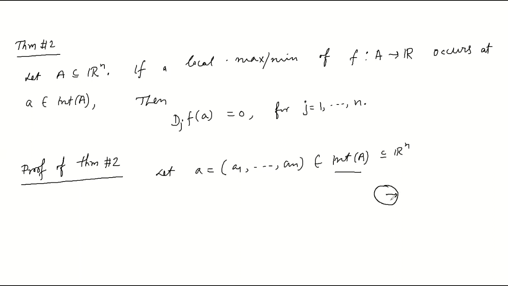So this implies there exists some delta greater than 0 such that